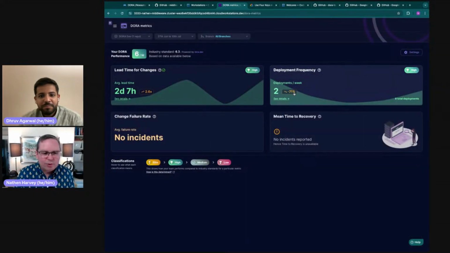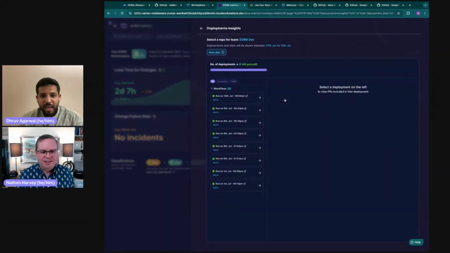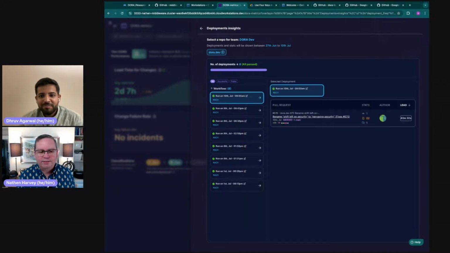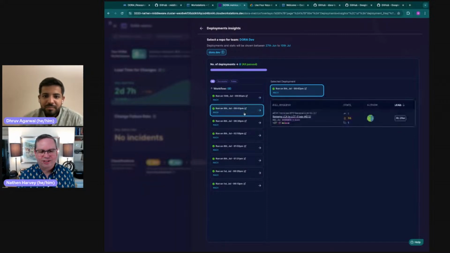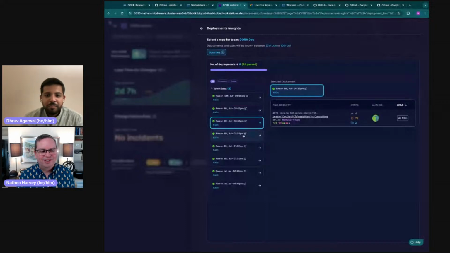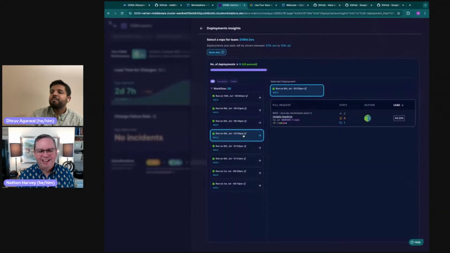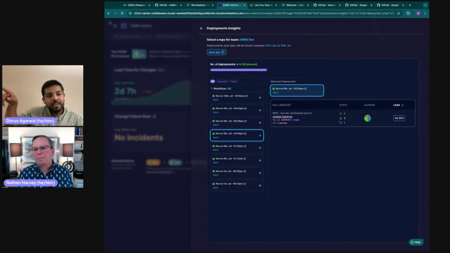All right, maybe we'll look at the details here of the deployment frequency. Absolutely. All right. Well, we can select a deployment on the left. Oh, okay. I see response, rework, and merge there as well showing up. Okay, so that's giving us the lead time for that change again. Correct. Great. So I can see all of those deploys that have gone through. Yeah. So once you do a workflow with it, you'll also see a very interesting thing where you can see the deployment times and the deployment frequency correlations.